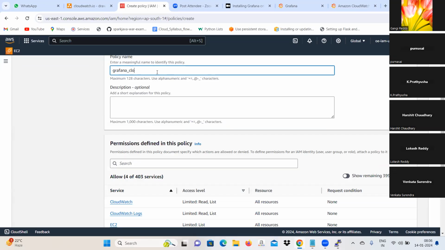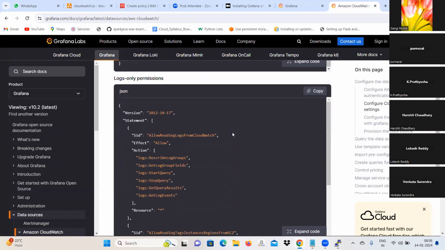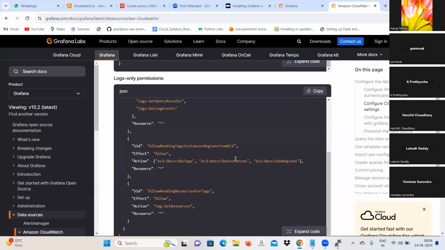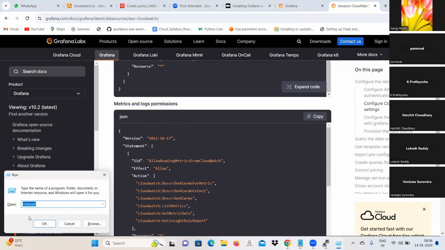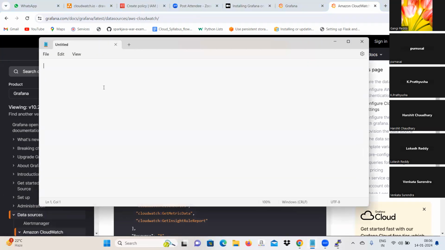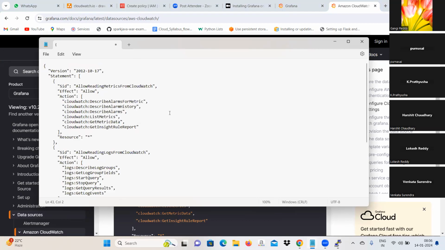CloudWatch custom policy. In just this part, sorry, can you just copy paste it in the notepad? Can you explain what this policy is doing? Okay. Yeah, this is the policy. This policy